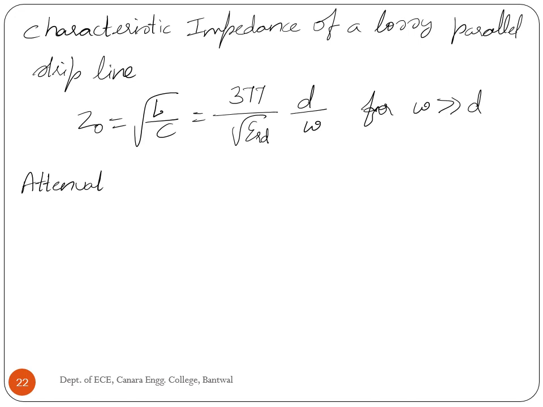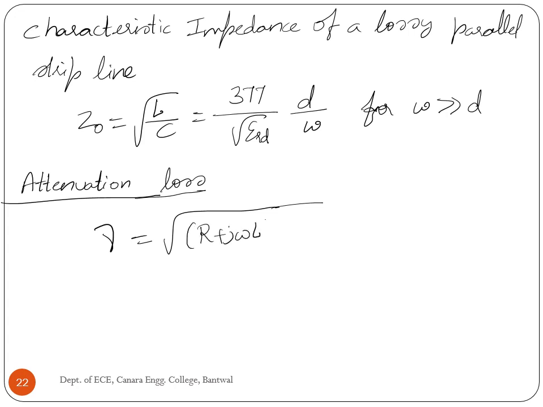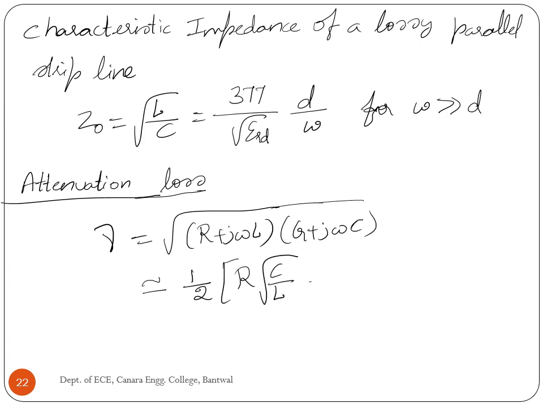Attenuation loss of parallel strip line. The propagation constant of a parallel strip line at microwave frequencies can be expressed as root of R plus J omega L into G plus J omega C, which is equal to half R into root of C by L plus G into root L by C plus J omega root LC,